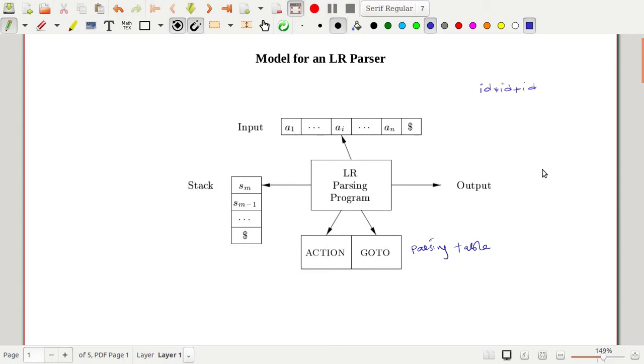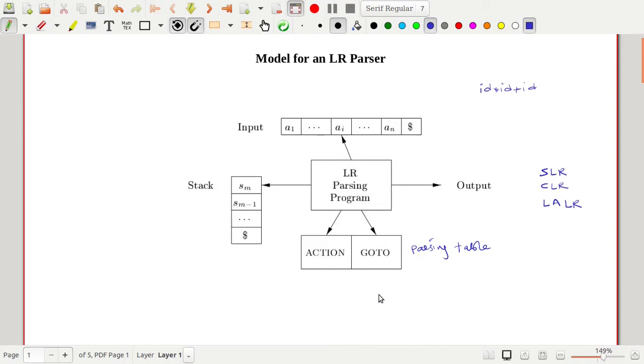They are SLR, CLR, then LALR. These are the different LR parsing techniques, and this model is common for all of them, but the only difference is in the parsing table.